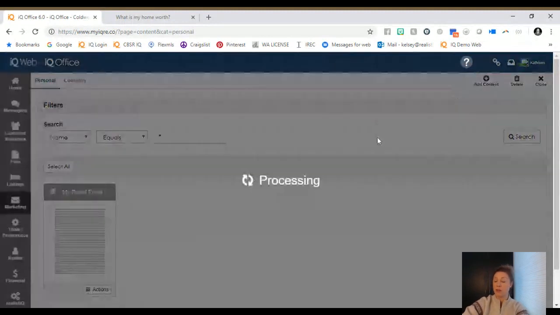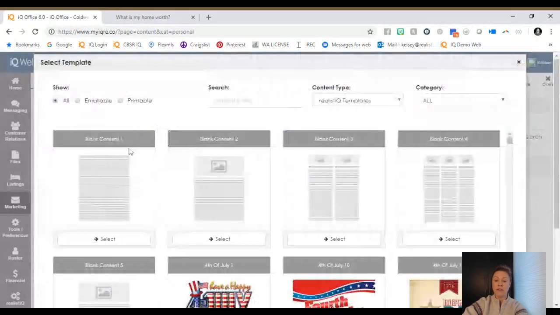I do want to walk you through just a couple other types of content quickly so that you can see what some options are. So if you want to create something that is totally your own content, perhaps you have something like a newsletter that you want to do, you can create a newsletter from a blank content, or you could also go in and there are newsletter layouts. So I can choose my newsletter. I could go in though and I could say, hey, maybe you want to feature 3 communities and say something like,